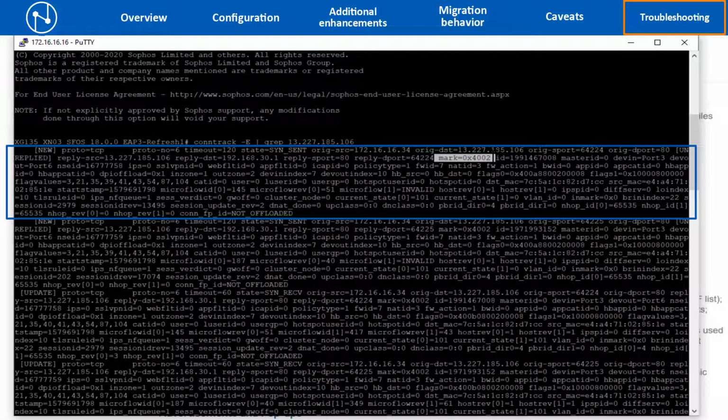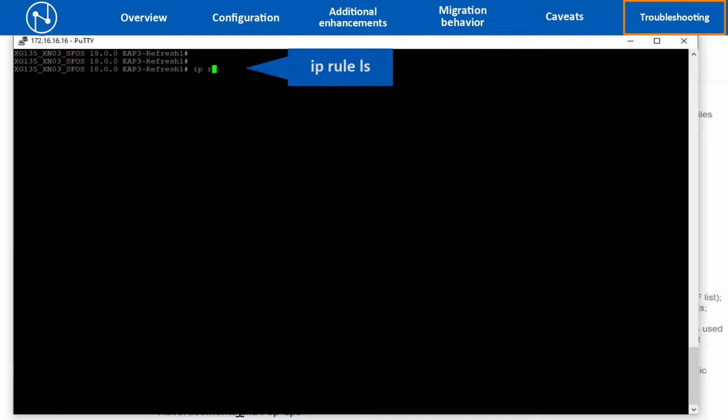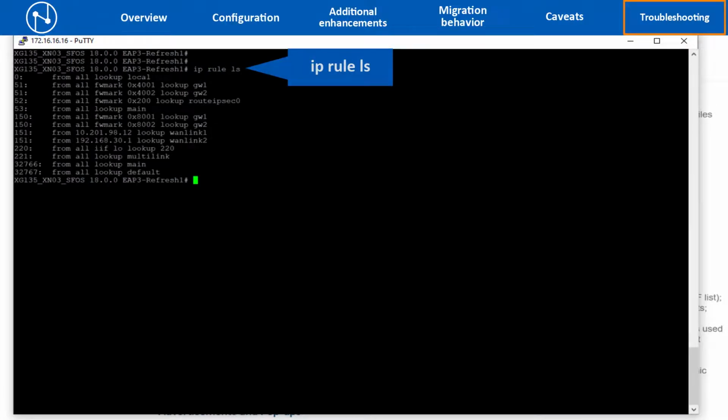If it shows the mark ID starting with 0x80, it means that the traffic is routed via the traditional WAN link load balancing method. To identify the gateway associated with the mark ID, we type in the command ip rule ls. As we can see, 0x4002 is gateway 2.